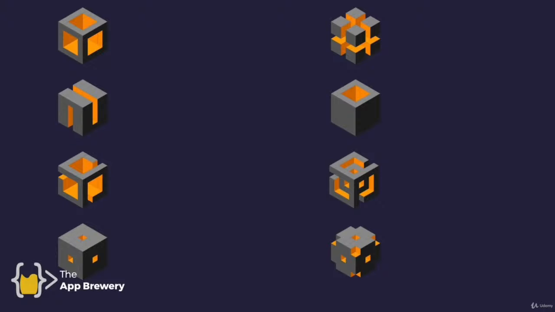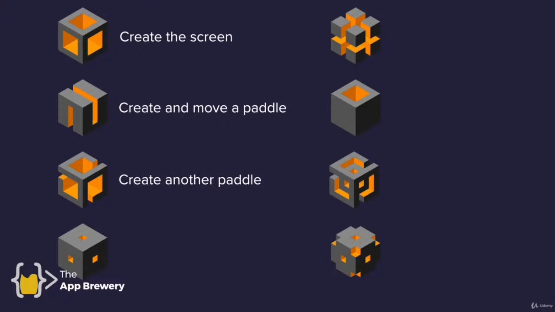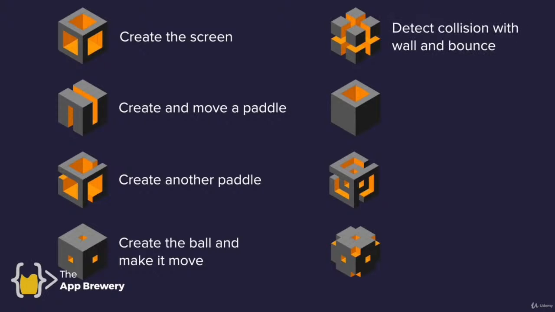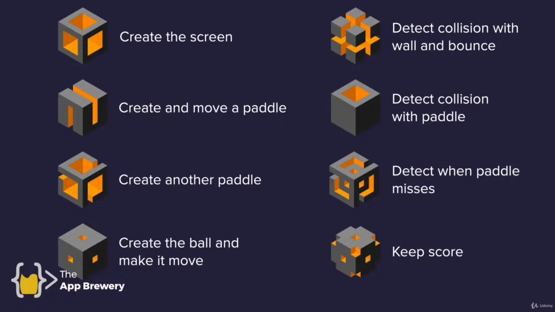First, we're going to figure out how to create the screen, how to create and move a paddle, and then create another paddle so we can have a 2-player game, and then create the ball and make it move constantly across the screen, and figure out when it collides with a wall and make it bounce back, and then detect when there's a collision with the paddle to know when to bounce it back. Finally, we'll figure out when a user scores when the paddle misses the ball,